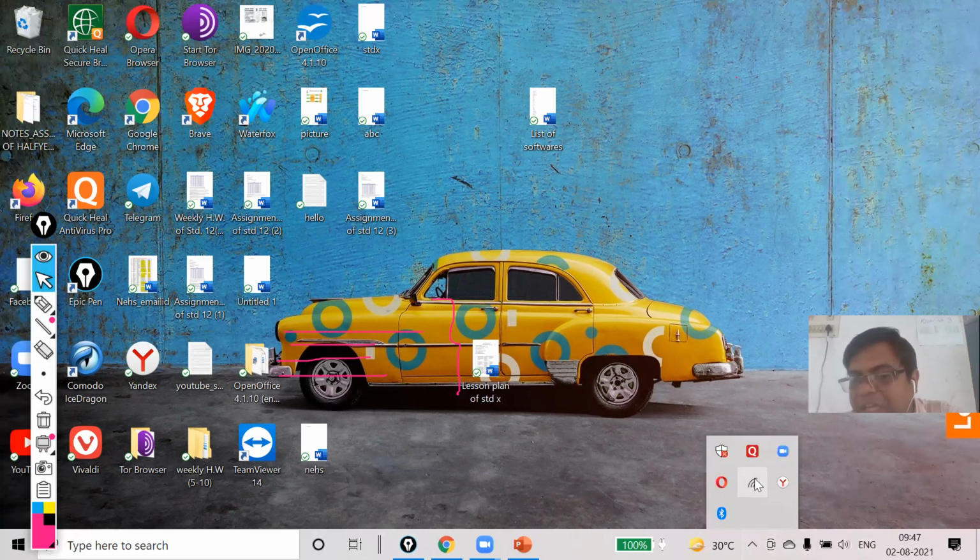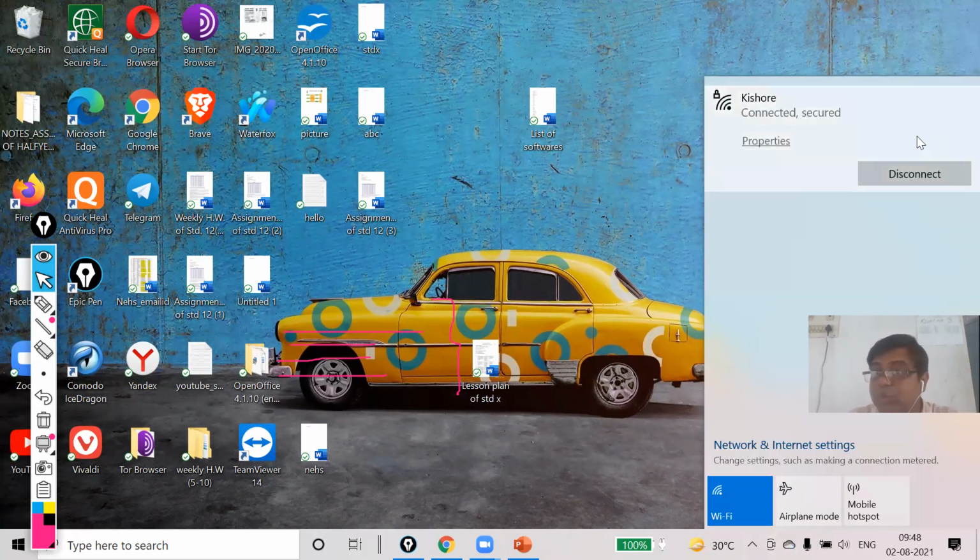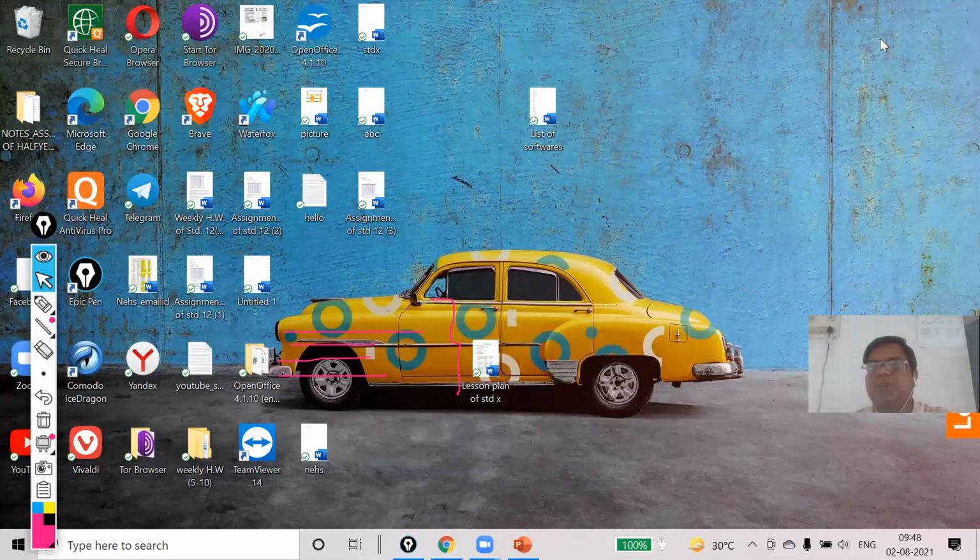Now you will click on this, this is the Wi-Fi. When you click on this, it will show a list of Wi-Fi networks, and it will show one that is connected. By using this, you can understand whether my Wi-Fi is working properly or not, my dear.